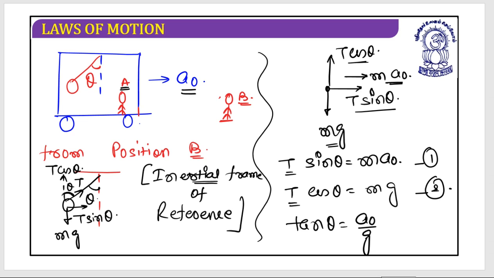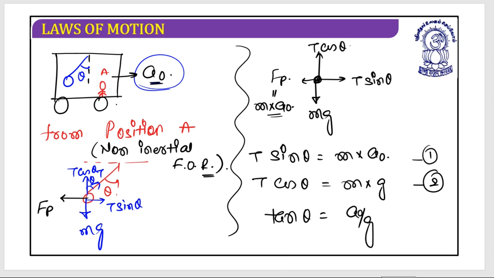Even if you take your relations from the inertial frame of reference, your observations were lying on the same line where your observations from the non-inertial frame of reference were lying. It's tan theta, it's a naught by g. So you landed on the same answer. I hope this is clear. So please understand that there is nothing like, if I apply a pseudo force, I will have an answer,